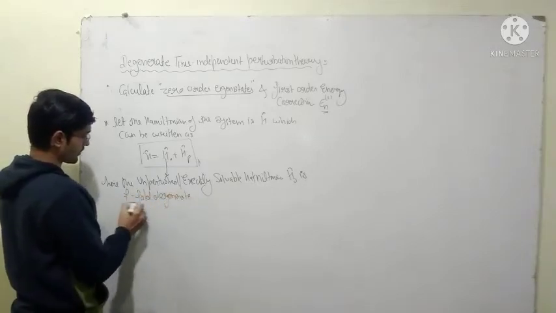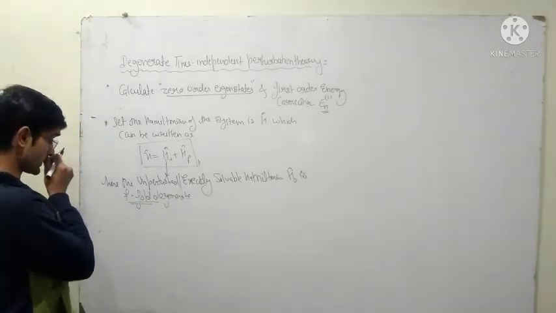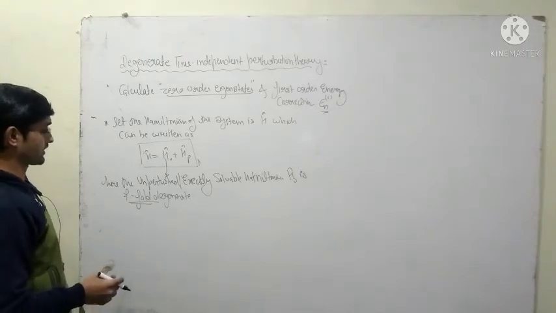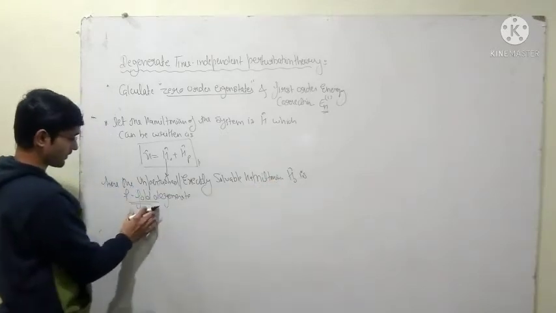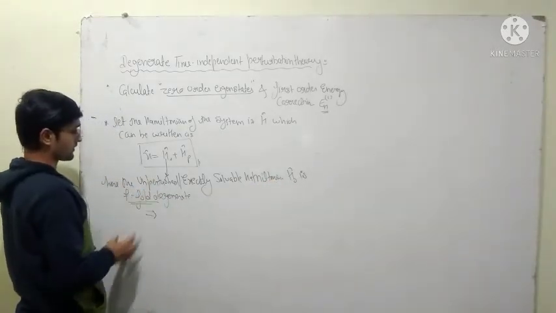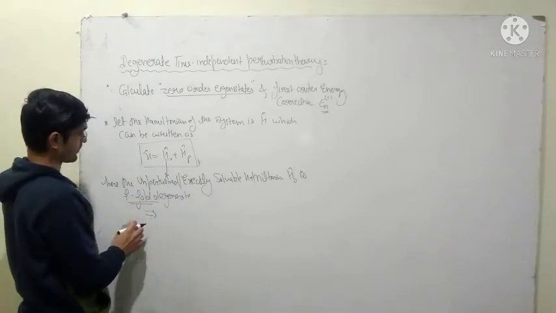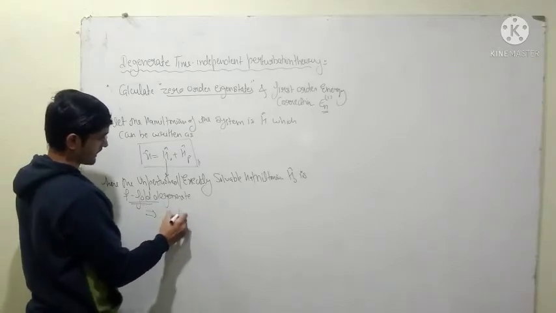So if you don't know what it means, you can go to the degeneracy lecture and understand what the F fold degeneracy means. So we are assuming that this particular Hamiltonian is F fold degenerate. So what does that mean? I have explained it just 1 minute before. So if it is F fold degenerate, then we can write it as